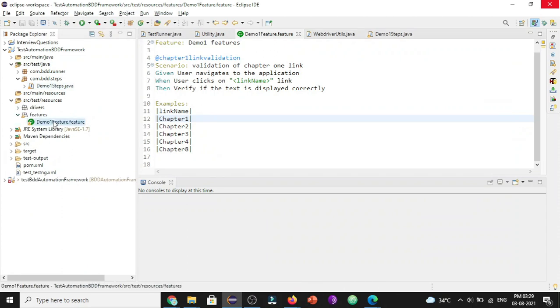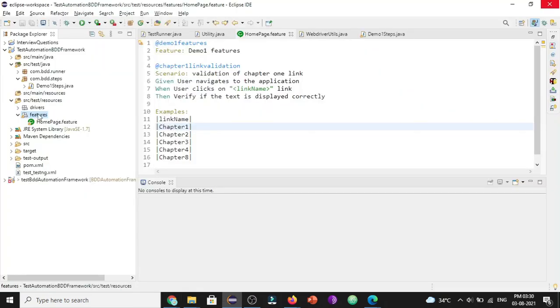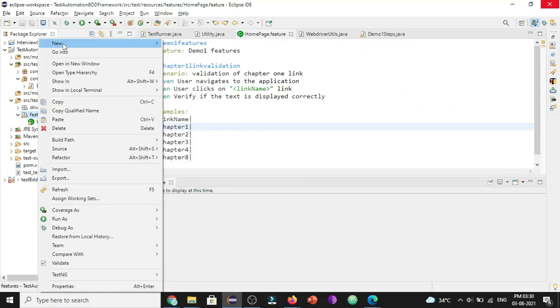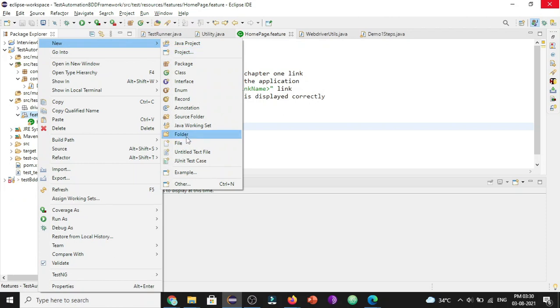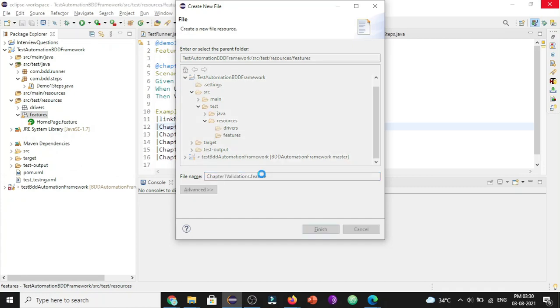Let's modify this as homepage.feature, and as we are designing the scenario for the chapter 1 page, let's create a new feature file. Select file, and let's name it chapter 1 validations.feature.